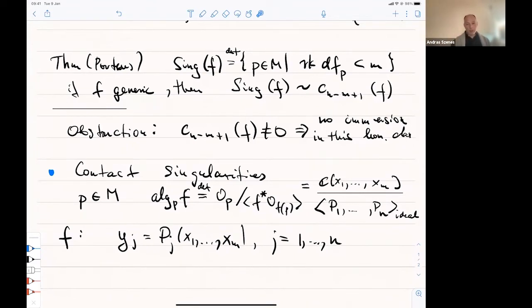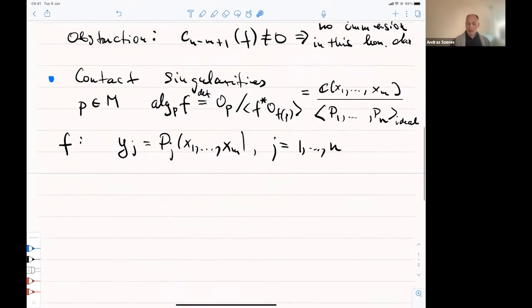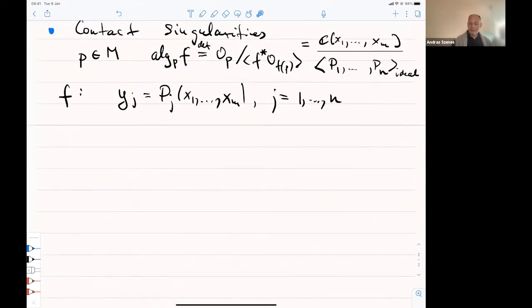And if, on the other hand, the function is singular, then this algebra at the point P will be non-trivial. But now I refine the singularity locus with respect to this algebra. So let's formalize this. Normally, in a generic behavior, since our dimension m is less than dimension n, this algebra will be finite dimensional. So let's fix a